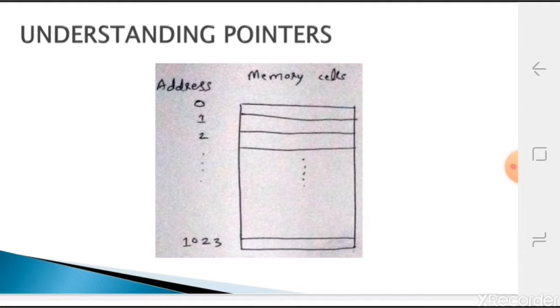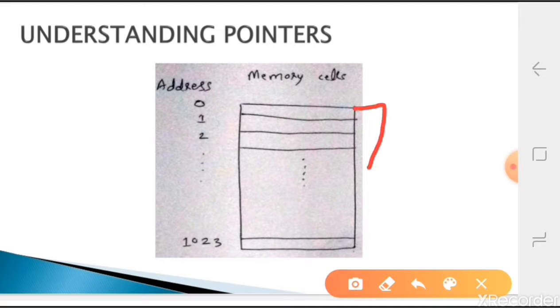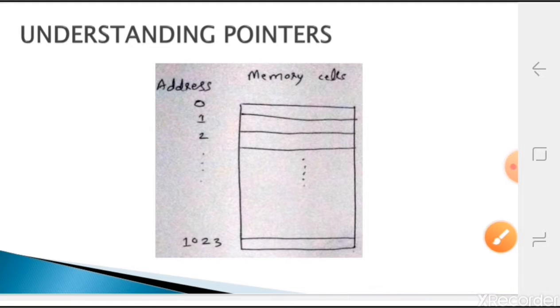If I am storing a variable, suppose x of integer data type, it requires 4 bytes. If you see the corresponding addresses, that is addresses 0, 1, 2, 3, a total of 4 addresses will be there for this one. Among those, which one do I use to call that memory location? Always we take the minimum value, that is 0. Out of 0, 1, 2, 3, I take the least value, that is 0, to refer to the variable where it is stored.